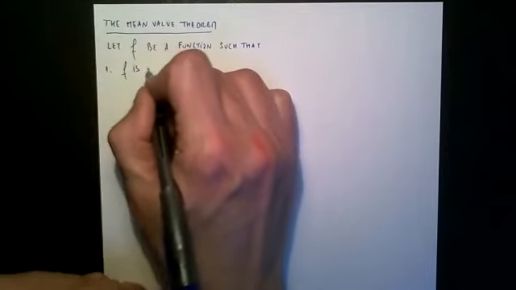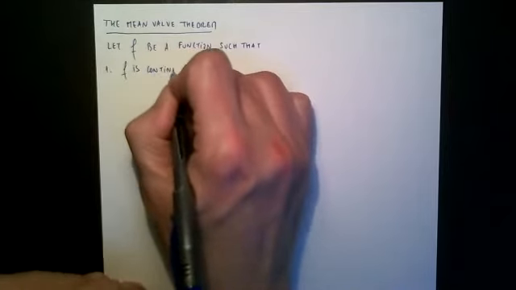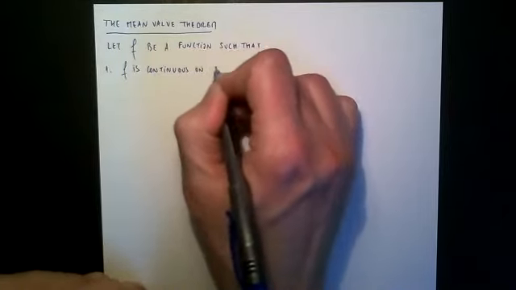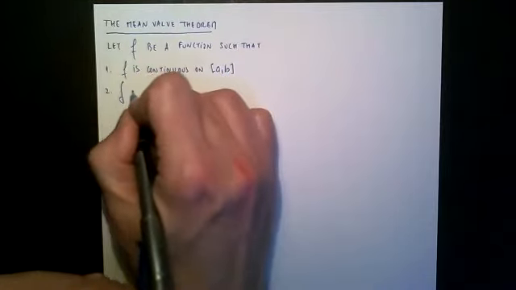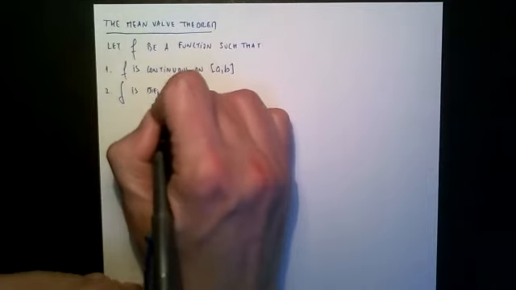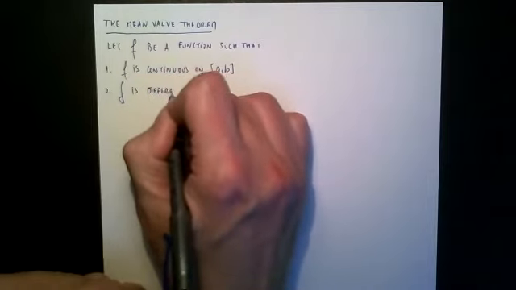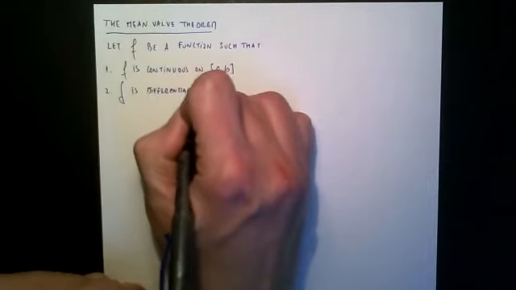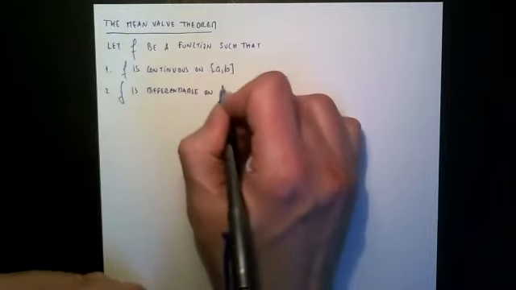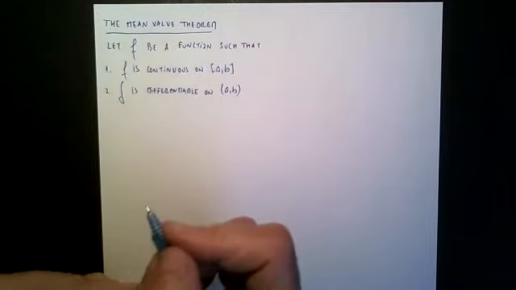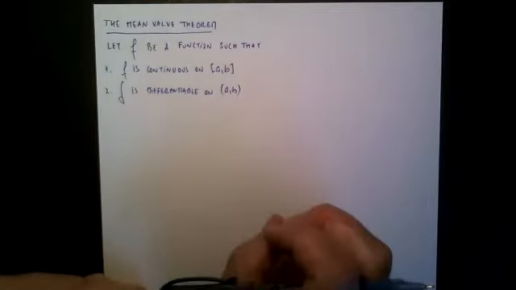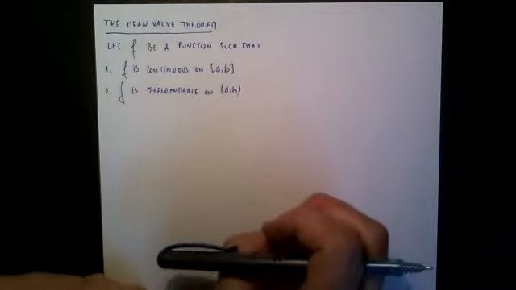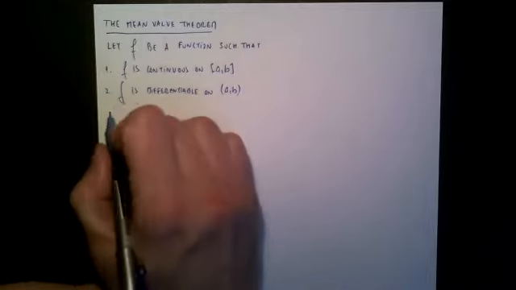One, f is continuous on AB, and two, f is differentiable on AB open. Okay, so now there's no requirement that f of A equals f of B. Okay, then